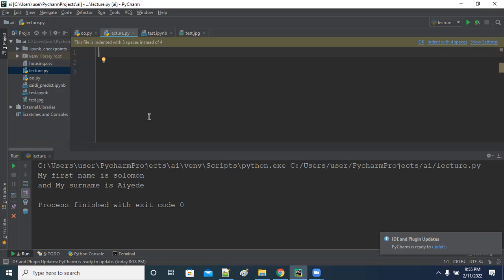An object has two features, characteristics. Just like an object, like a car, a car can